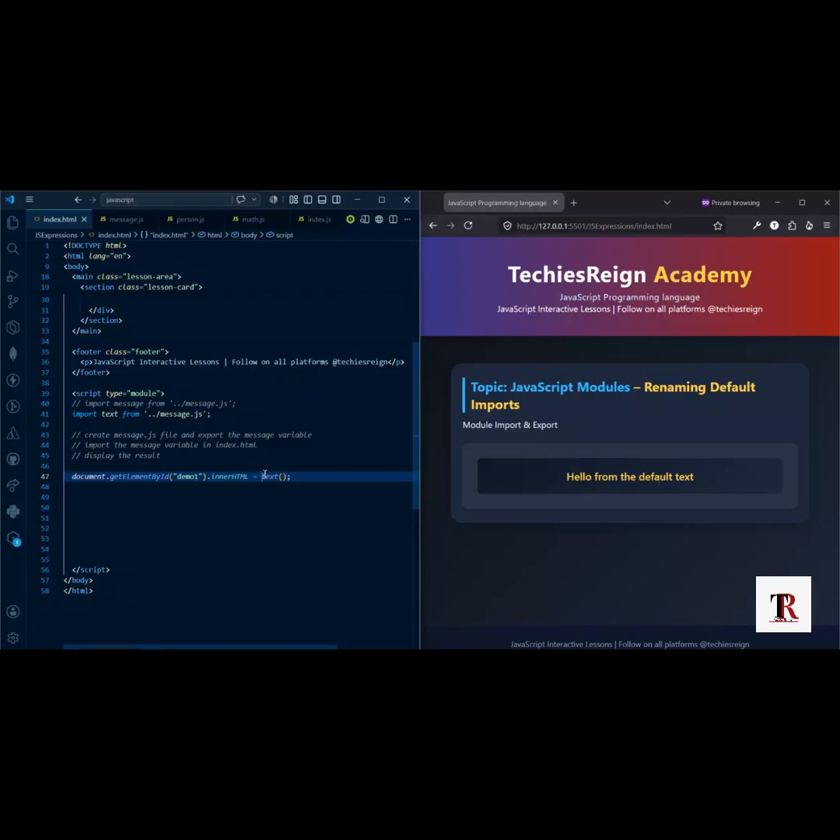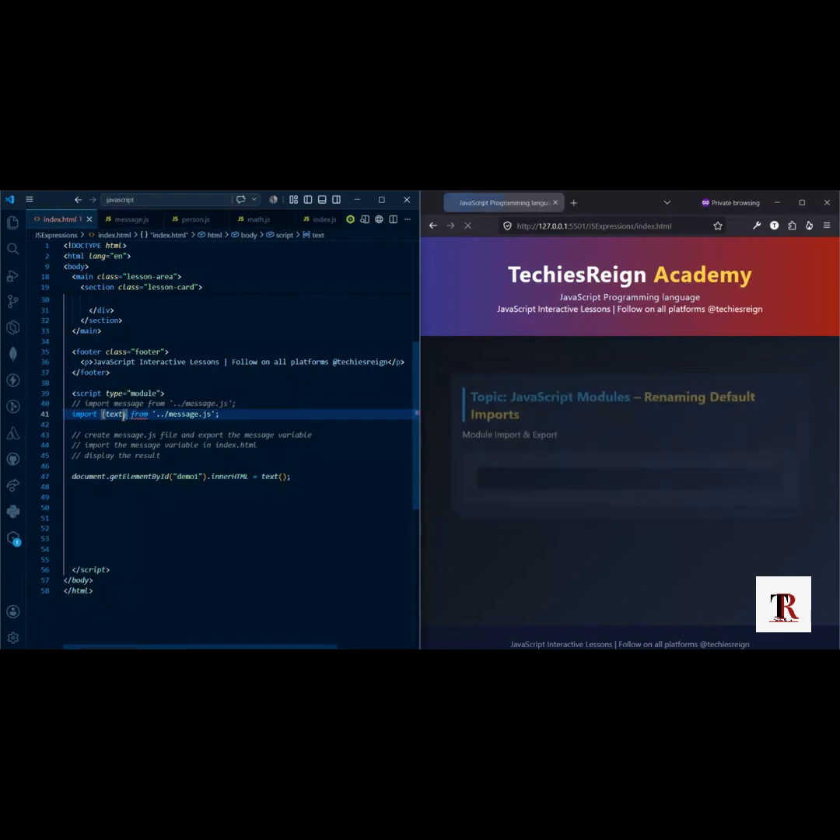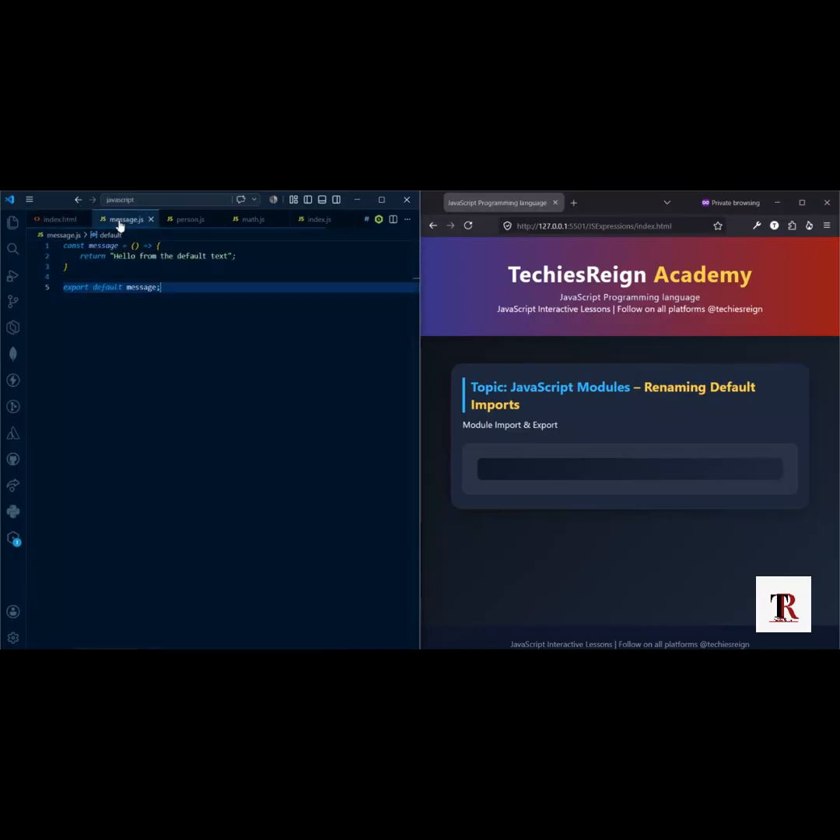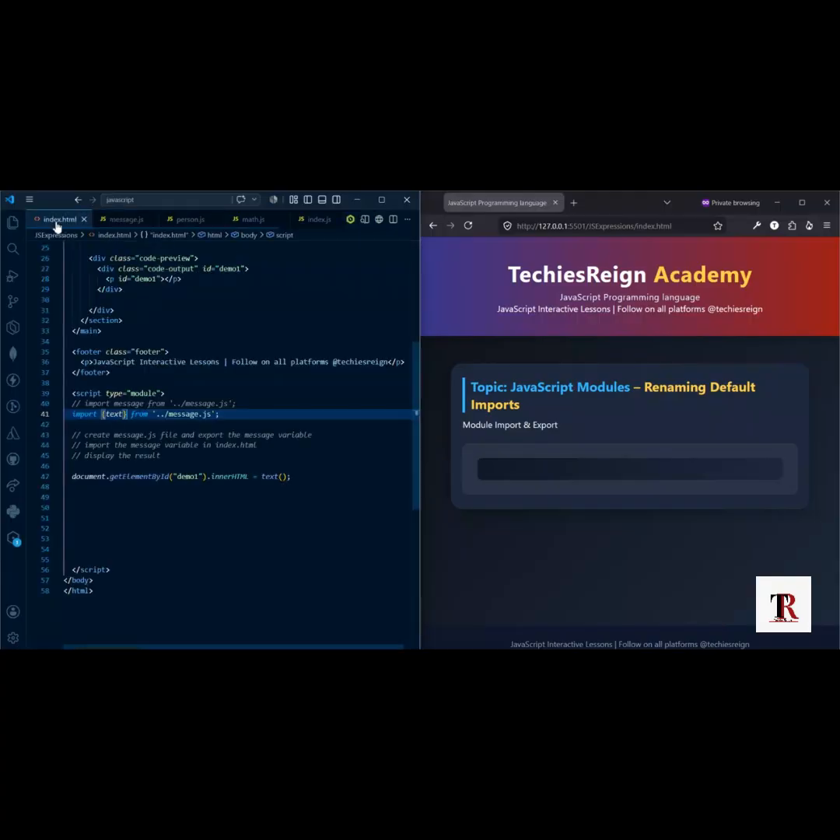debug your code. Now, I want to ask you a question. What if I do something like this? If I put curly braces around this, what do you think is going to happen? Will our code work? Now you can see that the output has disappeared. Now, no. Curly braces tell JavaScript to look for a named export and not a default export. And in our case, we have a default export. So as a result, the code will break and it will not work, as you can see